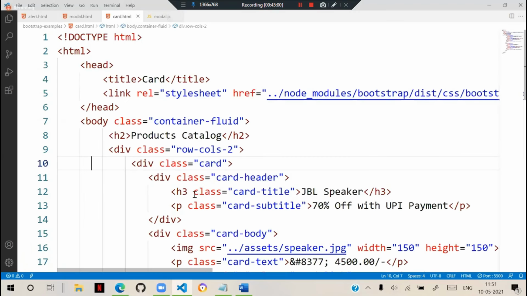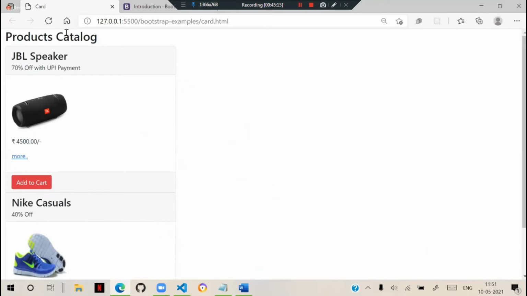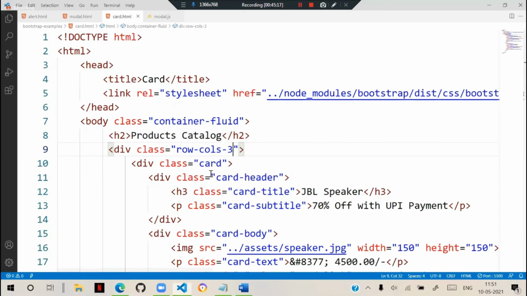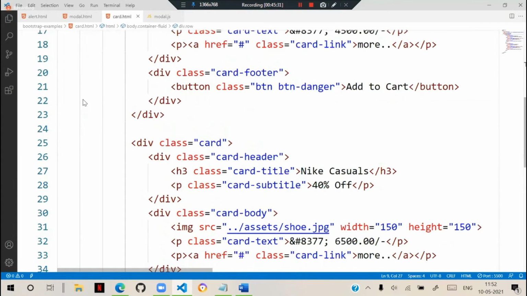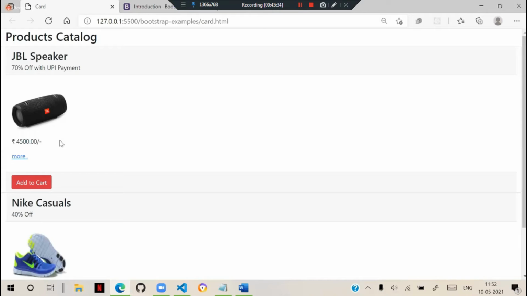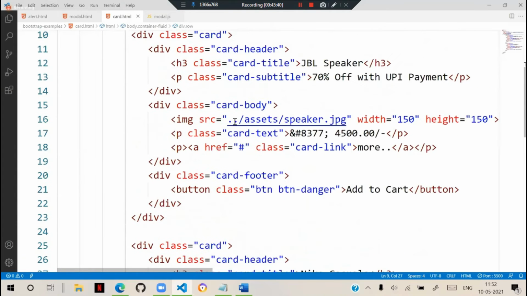So you get more responsiveness by arranging with both row and column combined. Even if I define 2 or 3 or 4 here, the content will not be arranged that way, because you need to arrange in row and column. The main content must be in a row. In the row, 2 cards are present, and you have to tell which content goes in which column. So for the cards, we need to arrange the column also.